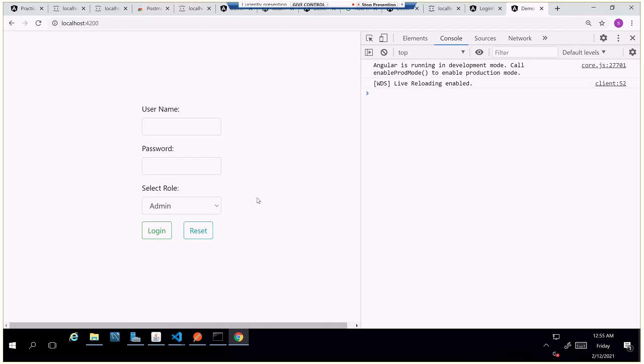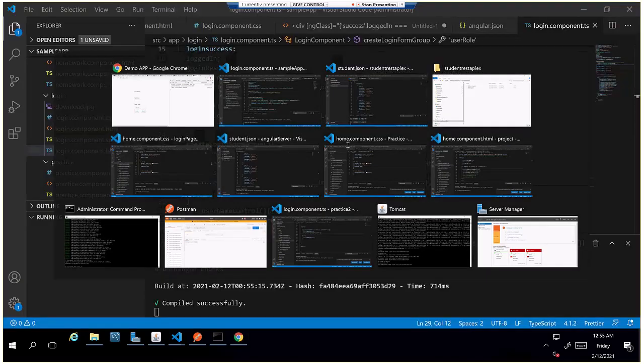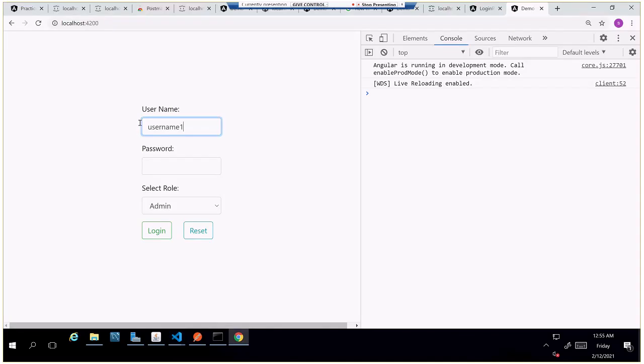In some websites they provide default values to some text fields, or they recommend some usernames or passwords. They use this kind of behavior so that if someone wants to fill in the form, the values are there by default. Like I can add username 1 here. The first parameter is the default value for this username field. Now we can see the username value is printed here.